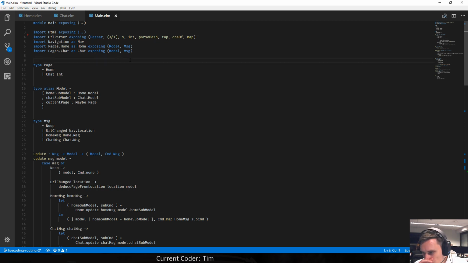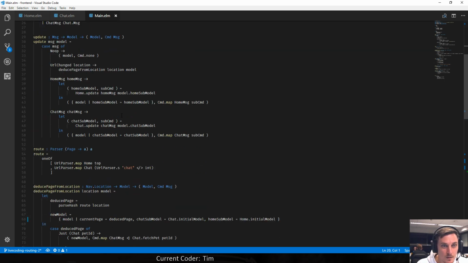Then I did get another message from Jan saying that he's guessing that if I merge parse URL and deduce page function in a single method, you'll fix the bug that an initial URL of chat/4 shows the home page. Okay, this I'll need to parse myself. So once again, there is a bug